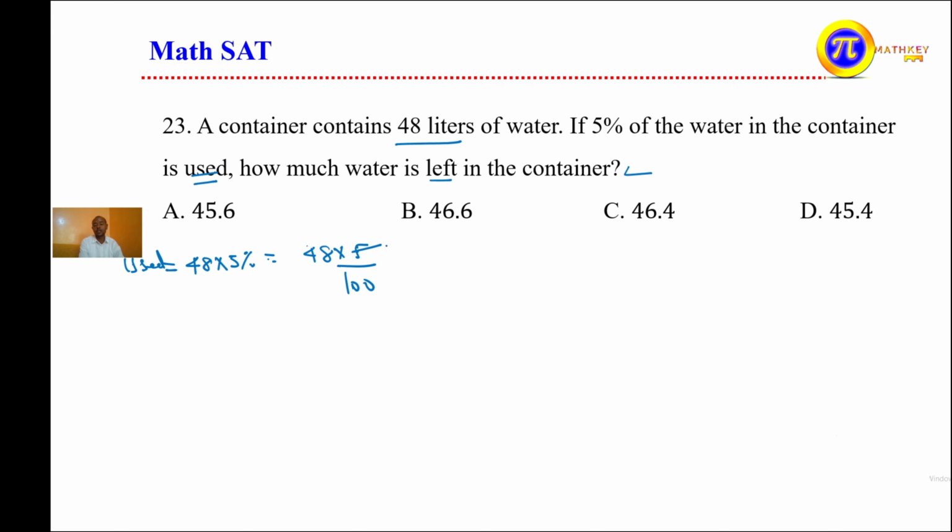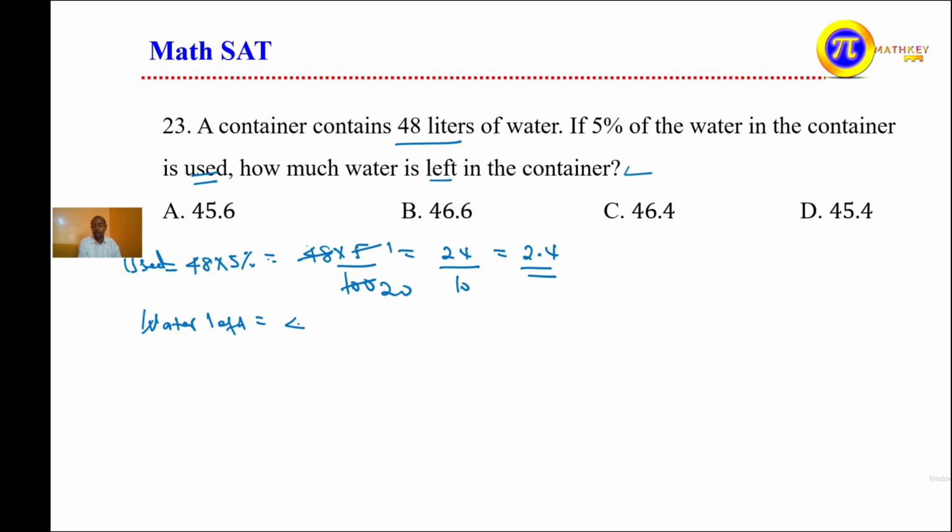By 5, this one is 1. By 5, this one is 20. So by 2, 48 divided by 2 is 24, and 20 divided by 2 is 10. Which is equal to 24 divided by 10, that is 2.4. You have this as the used water. What is the total number? That is 48. So what is left? Water left in the container is equal to